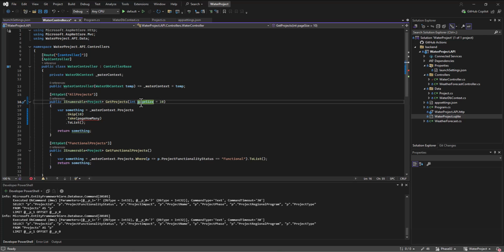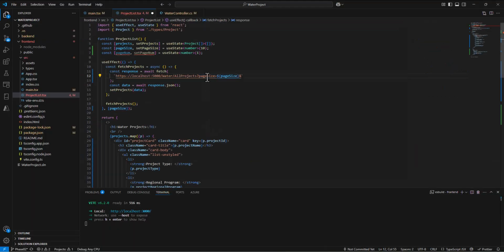By the way, do not name it page. From sad experience, that took about 6 hours of my life one Saturday trying to figure out why everybody's getting this error. So random, but page is a reserved word. So don't name it just page. Little tip. But this name here needs to match whatever is over here.